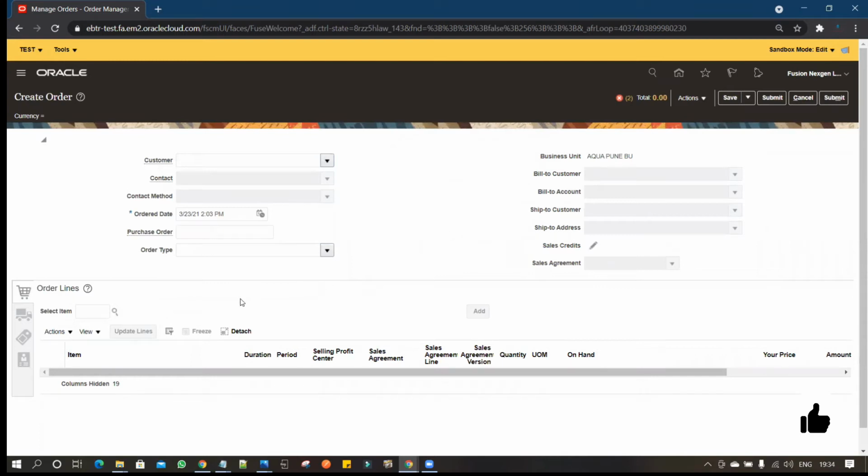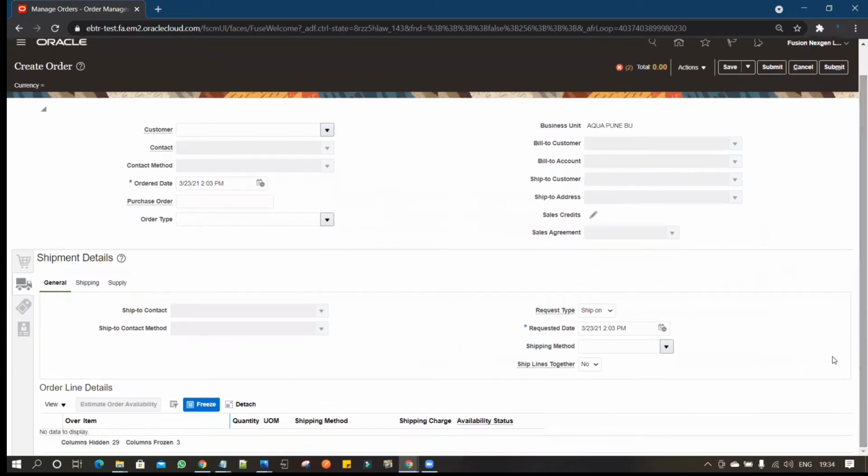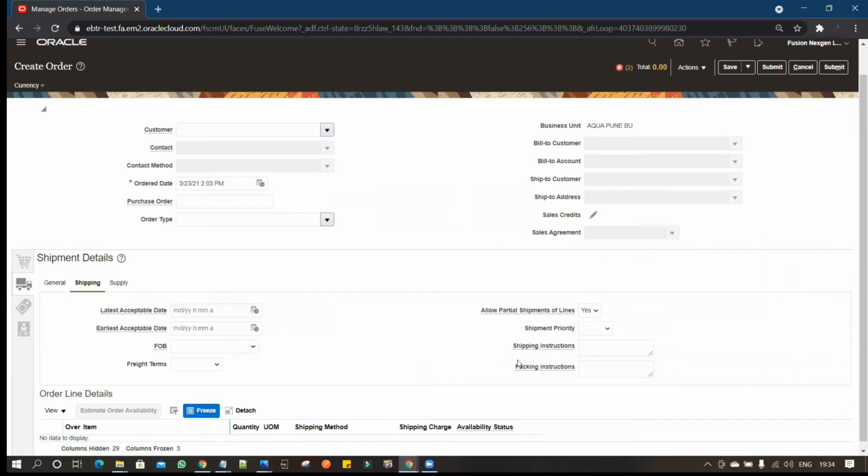Now let me go to the shipment detail. Under the shipment detail, I want to hide the shipping method, or maybe I will pick it up under the shipping.